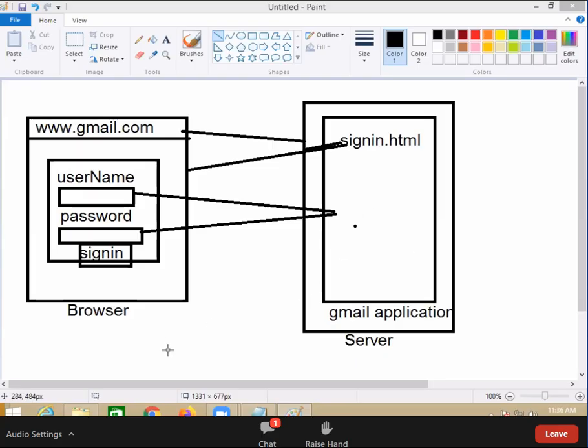Okay, now. There is one program which takes the input and processes it and gives the result back. Is that result static or dynamic? Dynamic. But for that, I require one program at which side? Server side. Now to develop dynamic web applications,